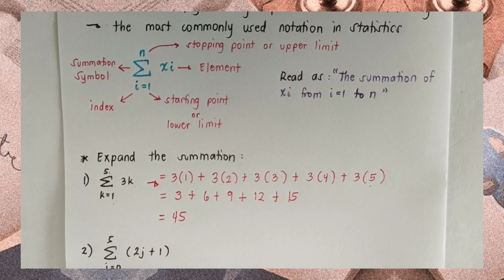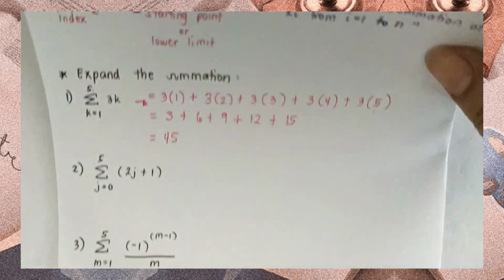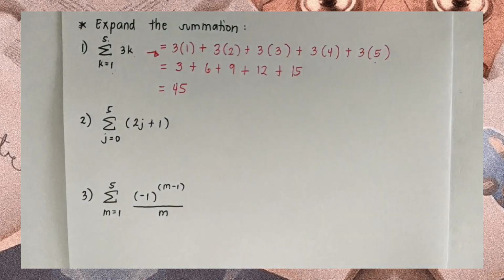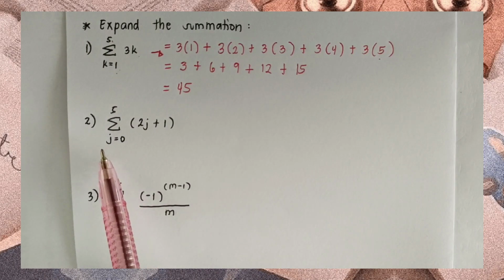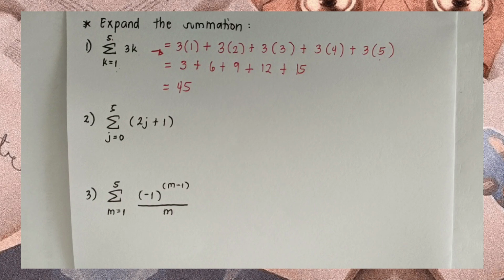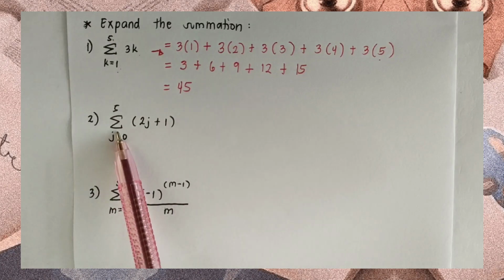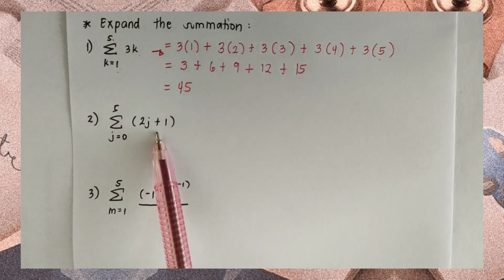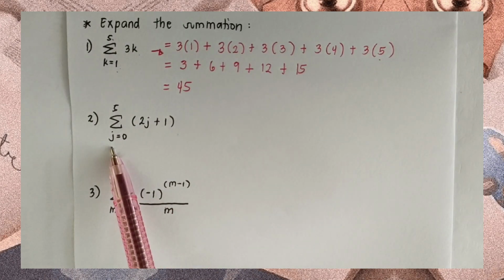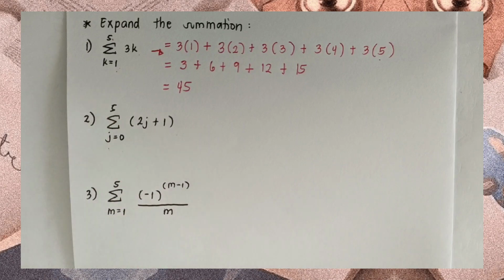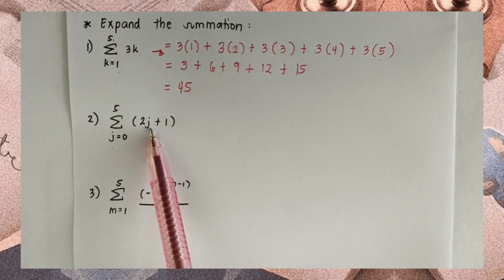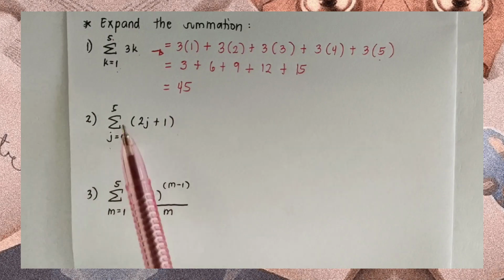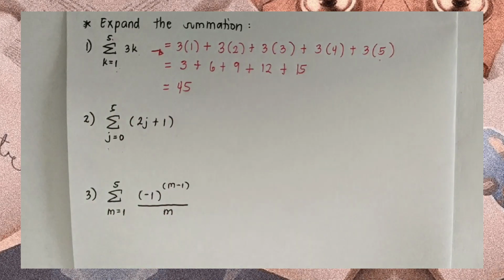Very good. Next, number 2. Number 2 example is read as, very good, the summation of 2j plus 1 from j equals 0 to 5. Meaning to say, we will substitute the j value here from 0 and we will stop at 5. So let us write